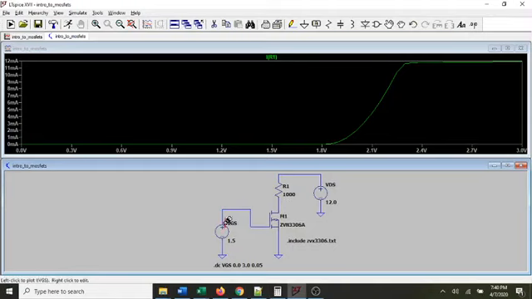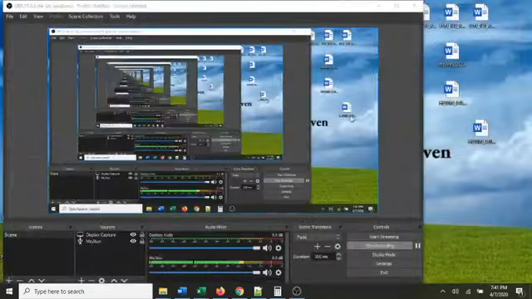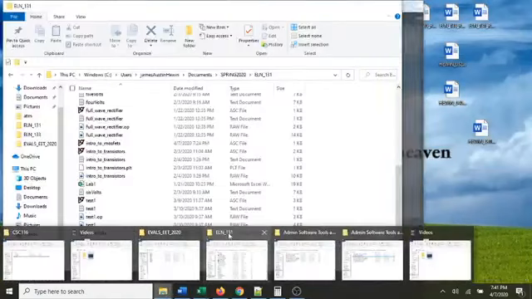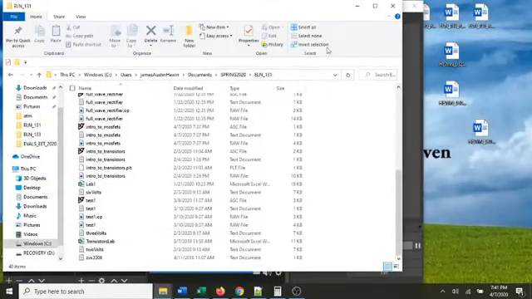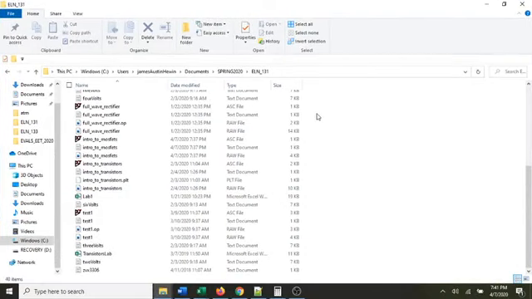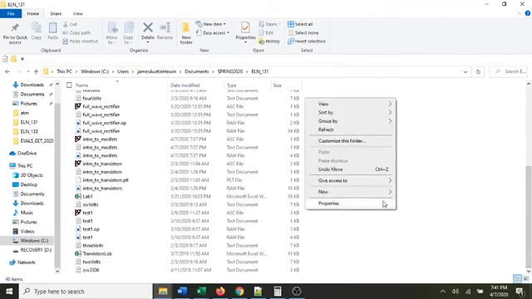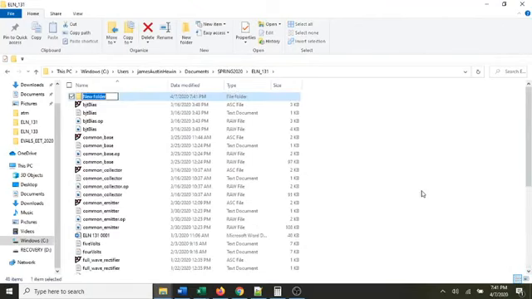But notice we have two separate power supplies and a resistor, and then an N-channel MOSFET. Okay, so let's get started. So first thing we want to do is create a folder. So I'm going to come into this ELN 131 folder, and I'll create a new folder, and I'll call this N-channel